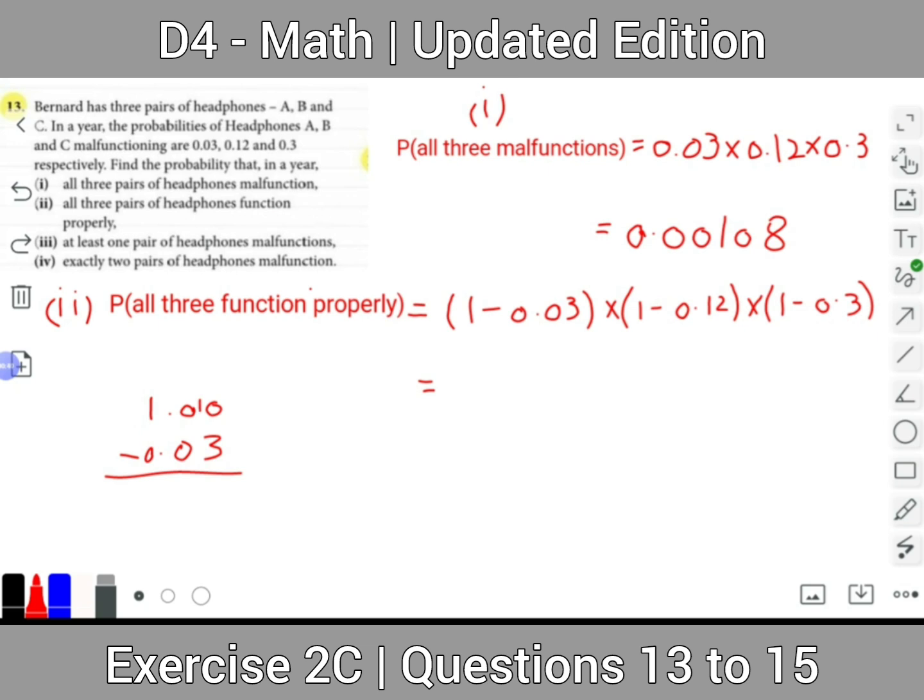So here we have 10 minus 3, 7, and here we have 9. So the answer is 0.97